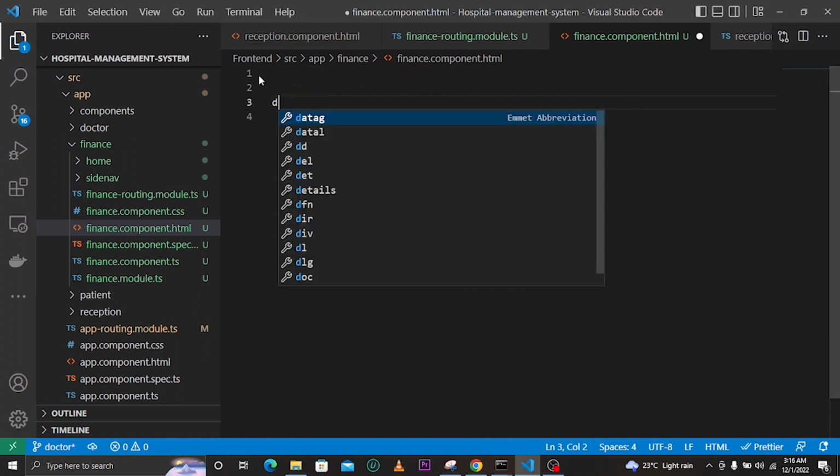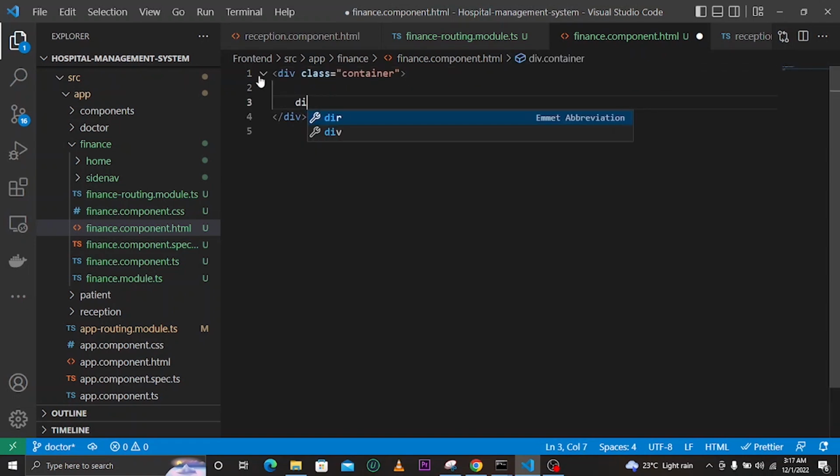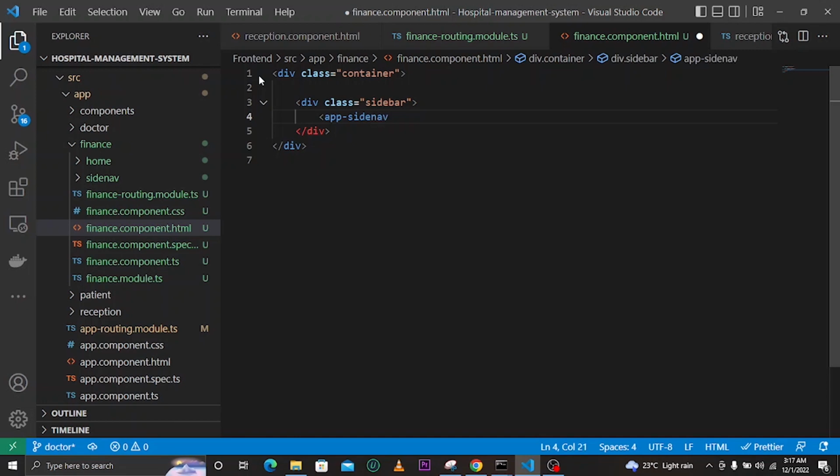So now let's open here, and we just need to indicate something inside our finance here, that is saying finance works. Now here I just need to have two divs. First of all, as usual, we need to have this container div here, that is default there, and then inside here we'll have this div, and this div here we'll call it sidebar